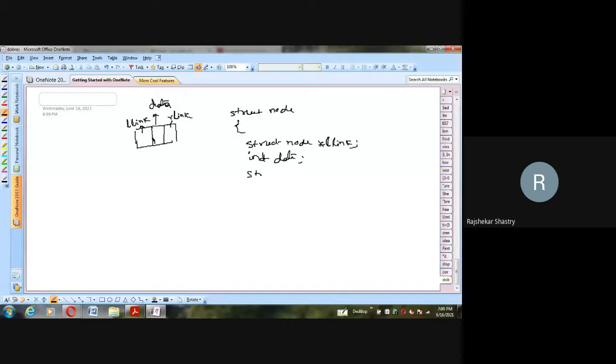And the right portion is struct node pointer R link, that is the right pointer. And then end of the structure. This is the structure declaration of the double linked list.